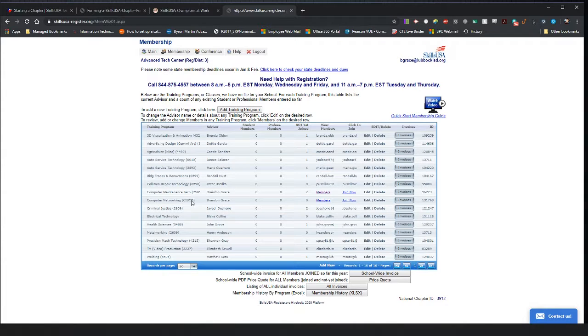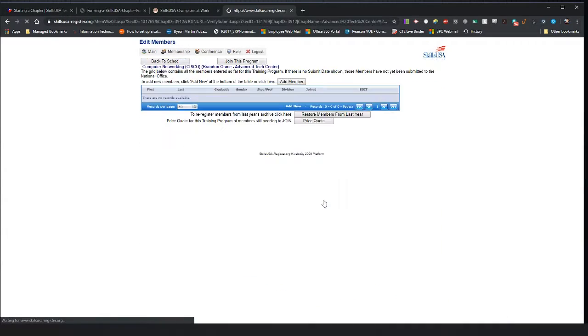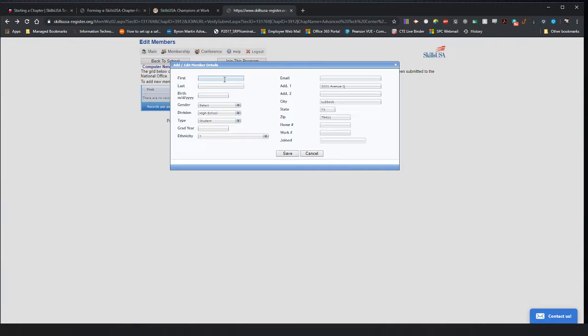You'll now locate the training program that you just created, and you'll click on Members in blue. Once you get to this page, you're going to add a member. So you're going to select the Add Member button. The first member you're going to add is you. So you're going to type your name in,